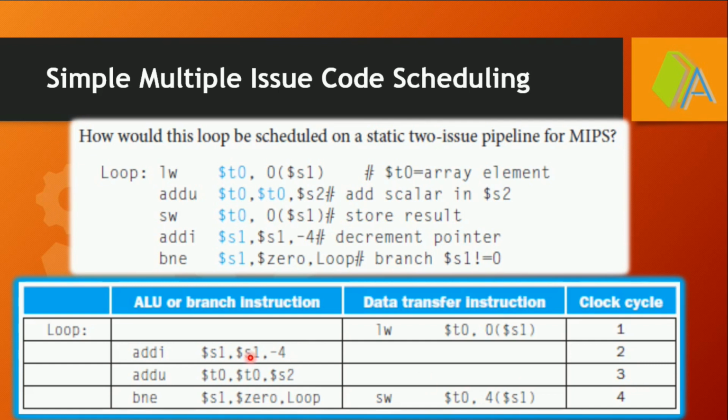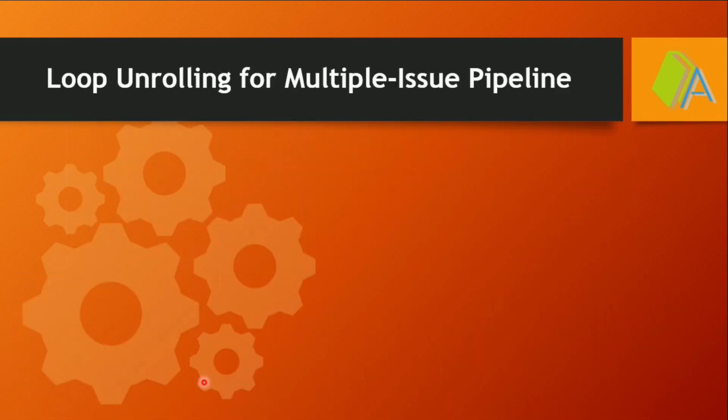In case of two issue scheduling, one instruction can be a branch instruction and the second instruction can be a store instruction. So in the fourth clock cycle, the issue packet will contain, in the normal execution, the third and fifth instructions, which will be fetched in the fourth clock cycle as a single issue packet in this example. So this is the way, by adopting a scheduling mechanism, the compiler will overcome data hazard as well as control hazard.